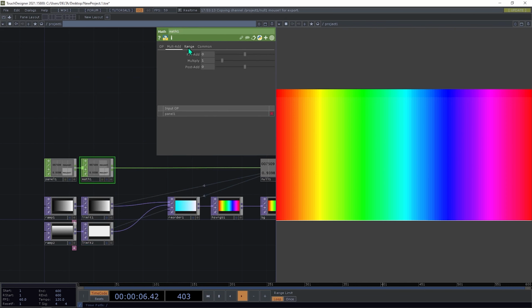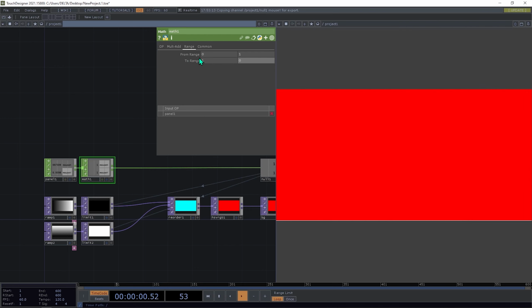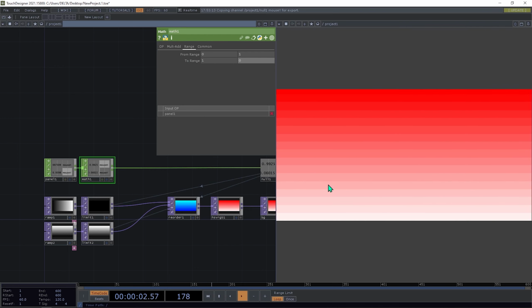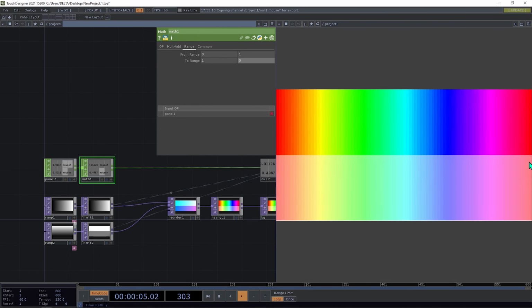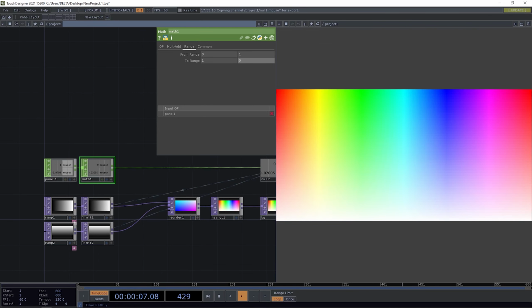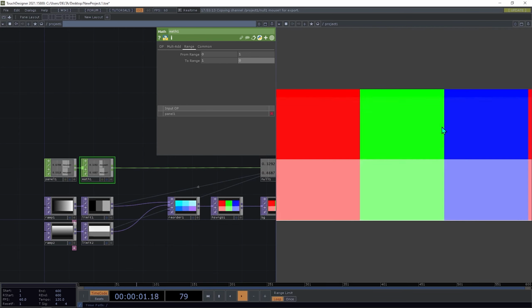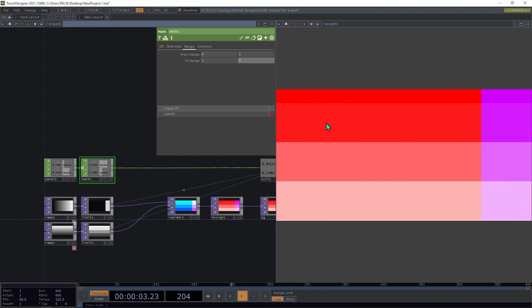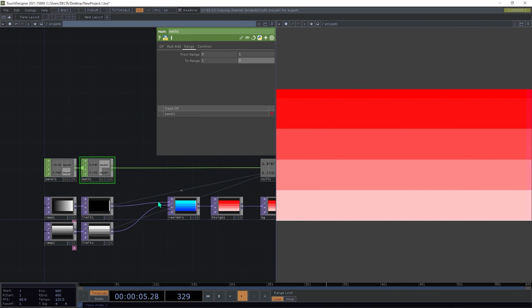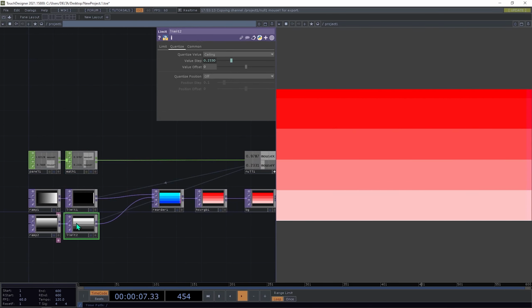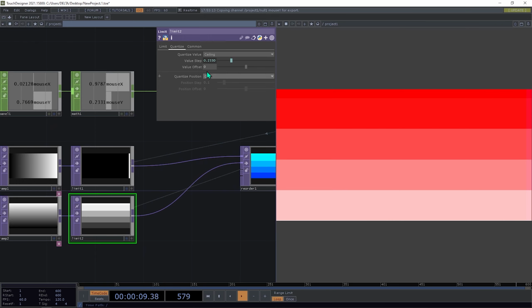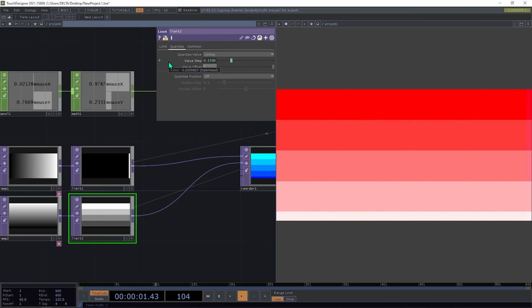On the range page, we change from range 1 to 0. And now you start seeing that it is almost working, but it's still shifted. So to fix this, in this limit 2 on the value offset, we change it to 1,